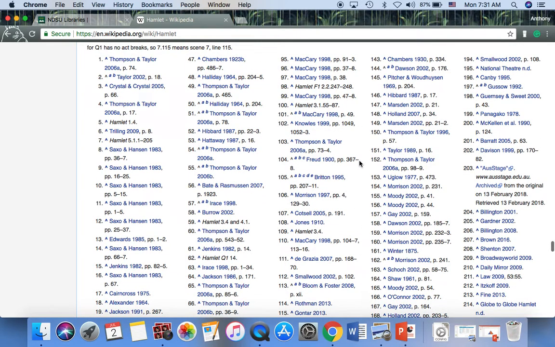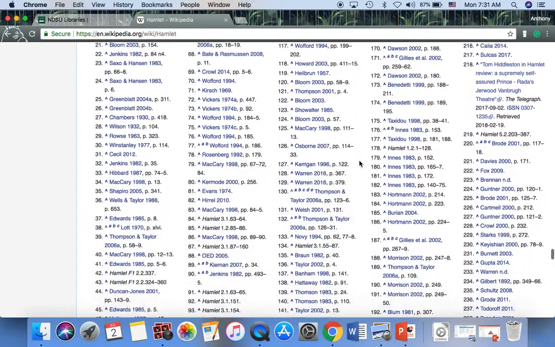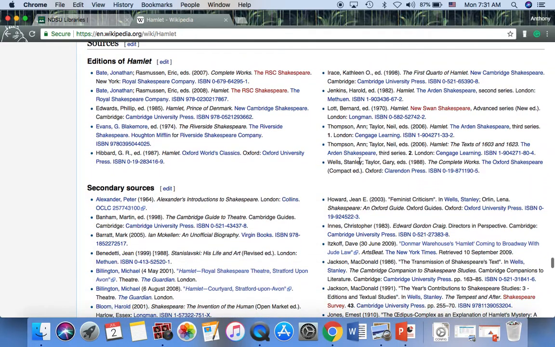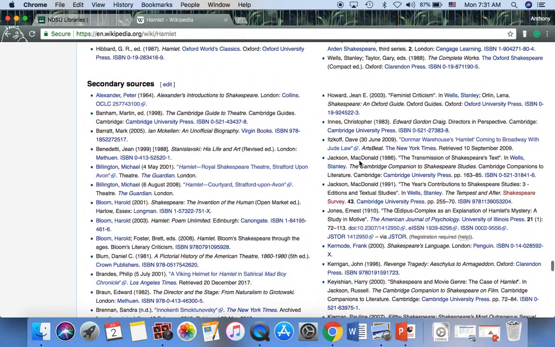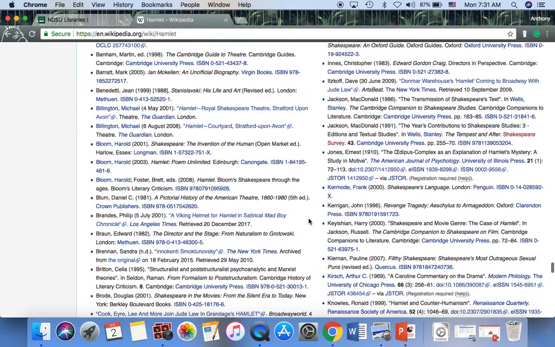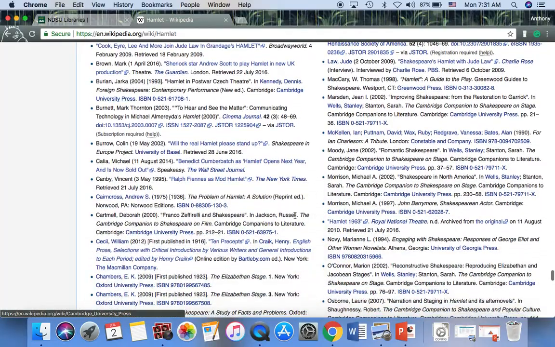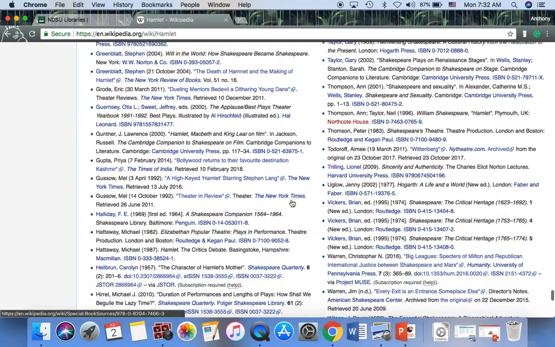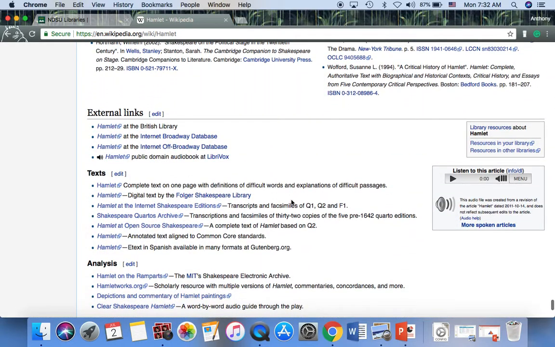This person has been very kind and given us many links to the references they use for their article. They've even given us some secondary sources. This gives you the names. Sometimes it gives you the ISBN number of books that you can use in order to do your research, which is amazing. It's a great tool.